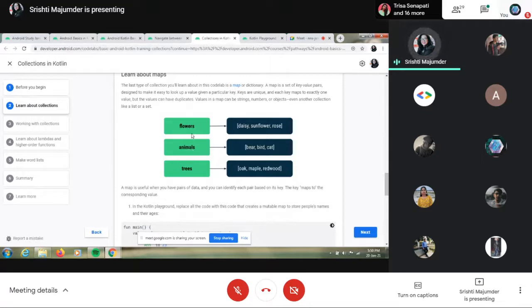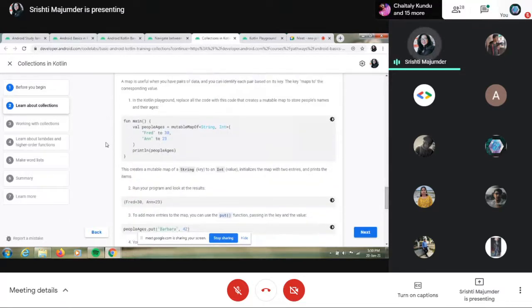Suppose I want to create a list of books, cities, and schools. Under schools, I want to create a list of the numbers of my schools, and under books, the numbers of books I have. Now these all together also comprise a collection, but we use mapping here.